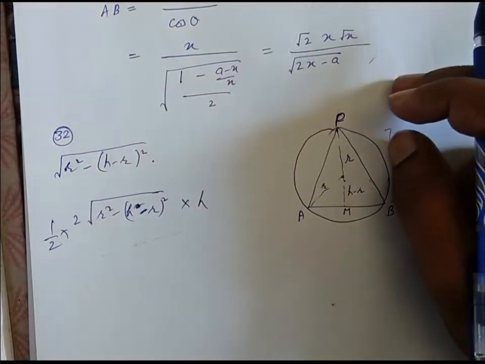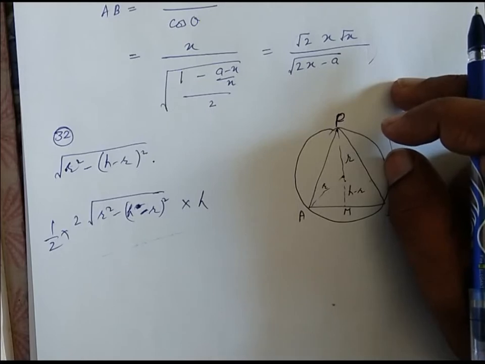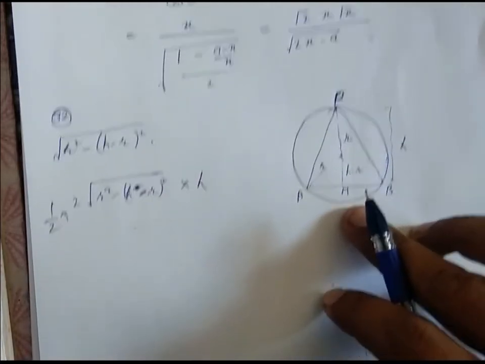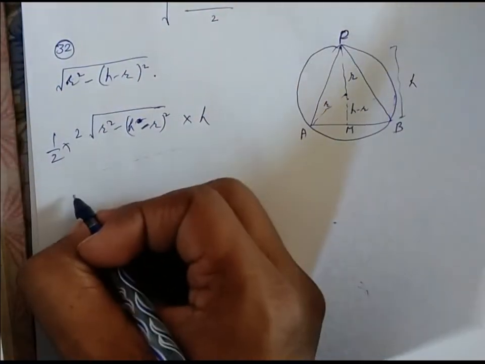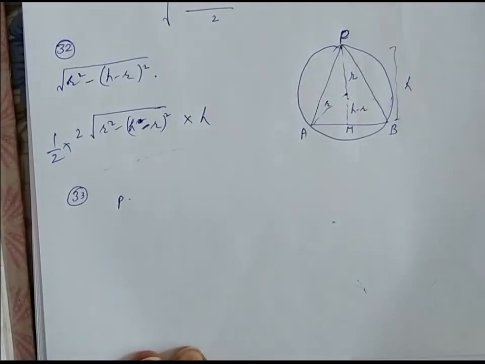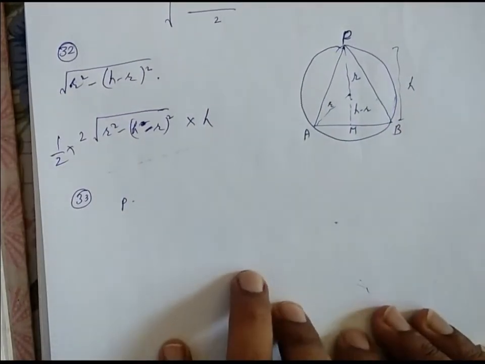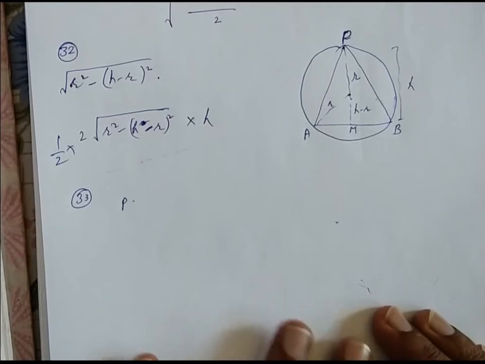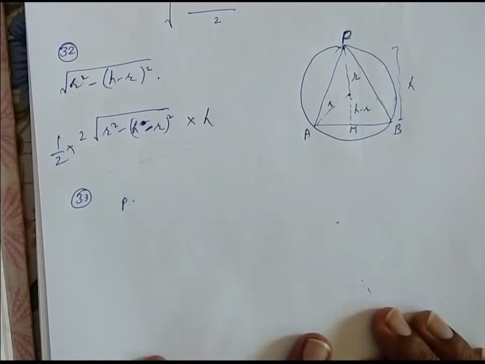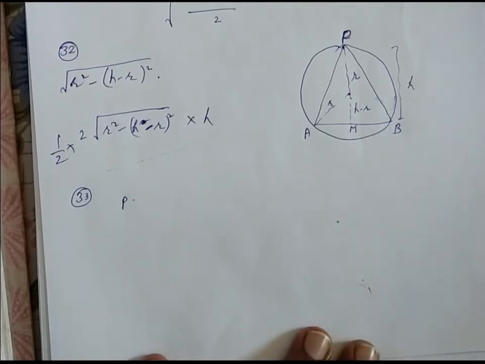Moving on to the next question, question number 33. The circle x square plus y square is equal to 1 cuts the x-axis at P and Q. A radius variable intersects the first circle at R above the x-axis and the line segment PQ at S. Find the maximum area of QSR.